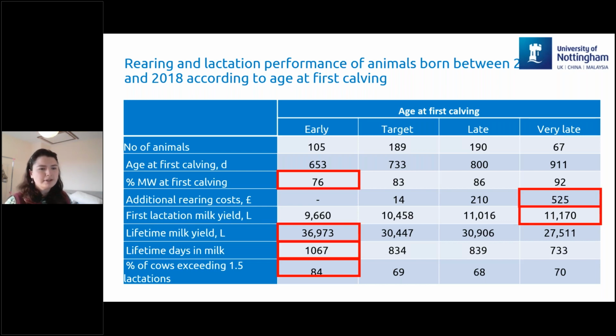Moving on to milk yield, looking at first lactation and lifetime milk yield, this data did confirm previous studies that the very late heifers did have the greatest first lactation milk yield. However, the early calving heifers did have the greatest lifetime milk yield. These heifers also had a greater number of productive days, so days in milk over unproductive days, and more of these heifers exceeded 1.5 lactations, therefore a greater number repaying